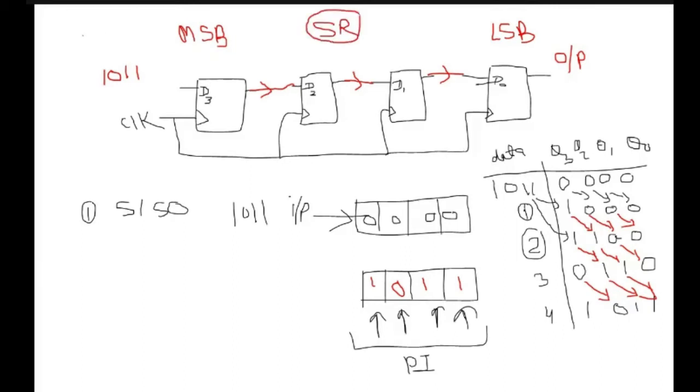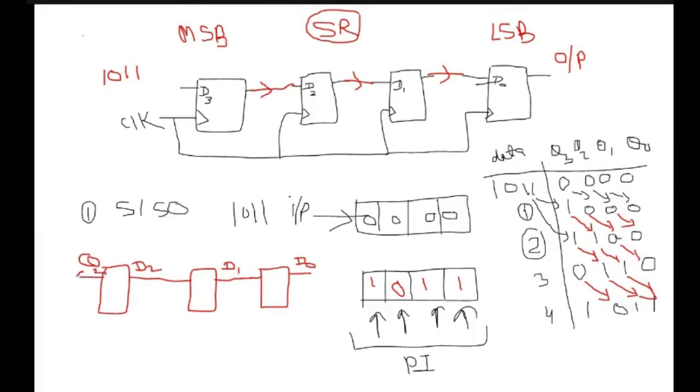Similarly, if we want to perform the shift left operation, we need to provide the input at the LSB. So the circuit will be slightly different. So I am making a new circuit here, and it is for 3-bit data. So for 3 bits, I will require 3 stages. This will be my D0. Q0 will be connected to D1. Q1 will be connected to D2. From Q2, we will be getting the output.